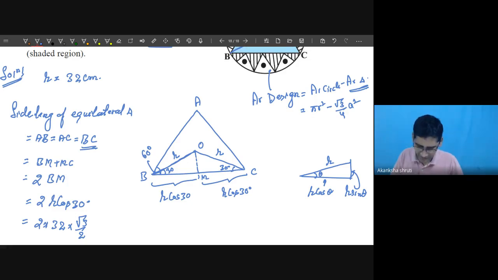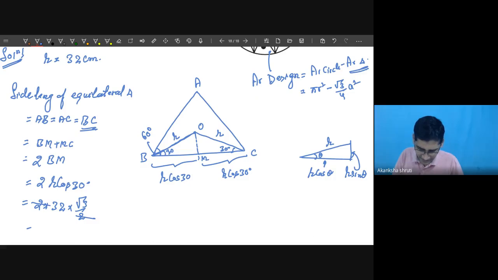So these two get cancelled. So it is 32 root 3, this much, how much? Centimeter. Shall I substitute the value of root 3 here? No. Students, the value of root 3 or any root or pi should always be substituted at the end, because it may be possible that we need to multiply this again by root 3, and we can get a simple number. So this way the side length, the small a, is calculated.